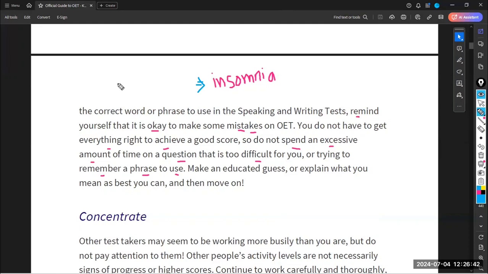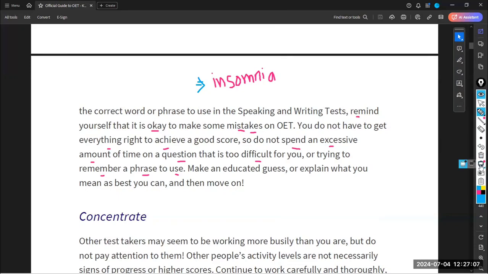If you are stuck on a certain vocab, try to find synonyms, for example. Try to find antonyms, the opposite meanings. Try to give some examples about the word that you don't know. Try to define the unknown word, like the inability to sleep. Because if you say or write this definition, it is completely correct. But don't stop, because again, you are losing your time.